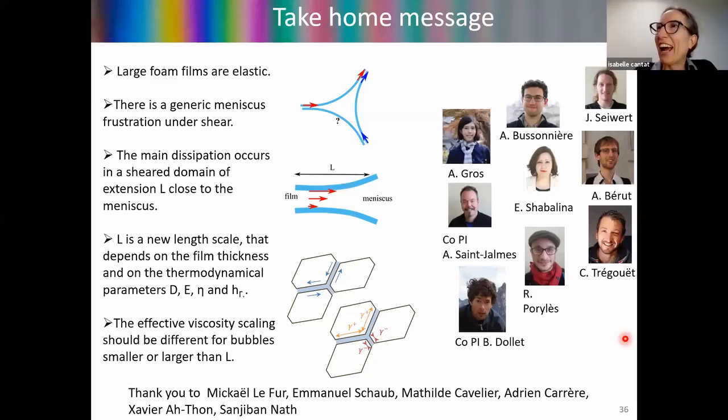So yeah, again, I don't know. The frustration is something that is a priori very generic because, okay, you can just see at this pattern, it's very clear. It's pretty easy for a single interface to go from one film to the other because the meniscus is the zone where the friction is reduced in comparison with the film because the confinement is not so important. But you cannot be happy on the three interfaces together.